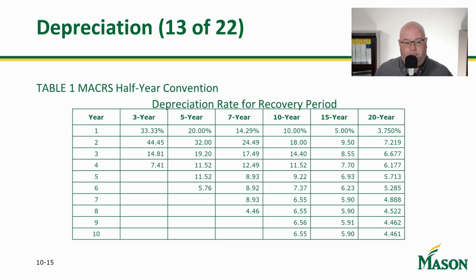Why does it do that? The reason is that after you have depreciated half of the asset, it goes from double declining balance to straight line. And that's how the IRS has calculated this out. Now, if you're using these tables, you don't have to really think about when it makes the switch or how to figure all that out. You don't have to worry about that. The table does it for you.